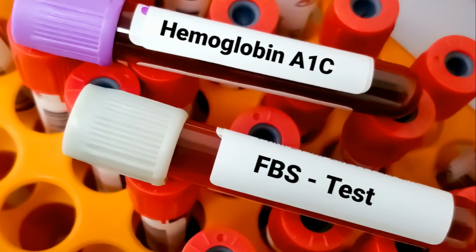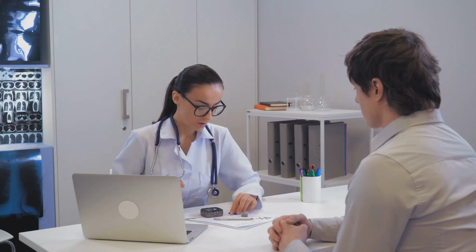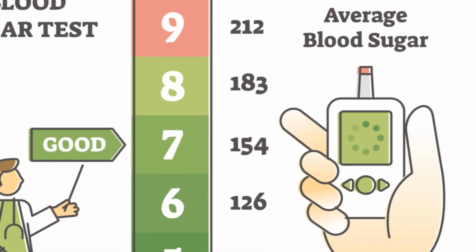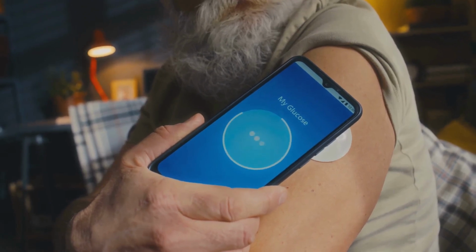Today's topic is decoding the hemoglobin A1C. This often mentioned, sometimes misunderstood term is about to be unraveled in our discussion today. We're going to dive into the mystery, the science, and the practical implications of hemoglobin A1C. We'll explain what it is, why your doctor might order a test for it, and we'll provide you with the reference range. We'll also discuss its role in diagnosing conditions and how often it needs to be tested, especially for